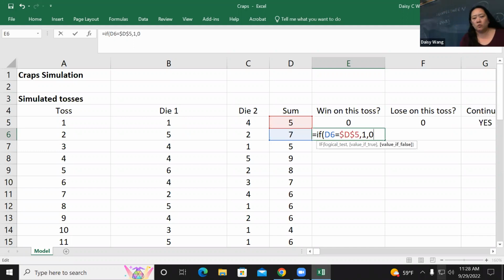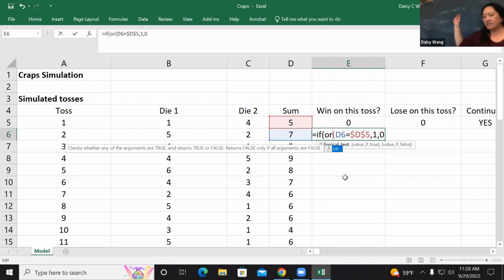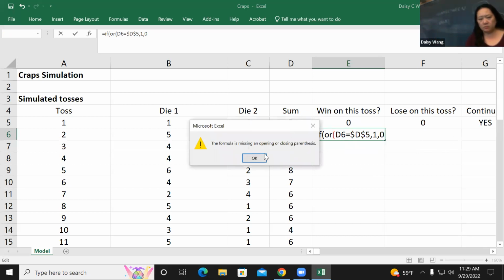So we need to add something else, but this is to show you like if we win, this is what we get. Okay, so we actually have to add something. So when this D6 equal to D5, then we win, okay? Or when G5,